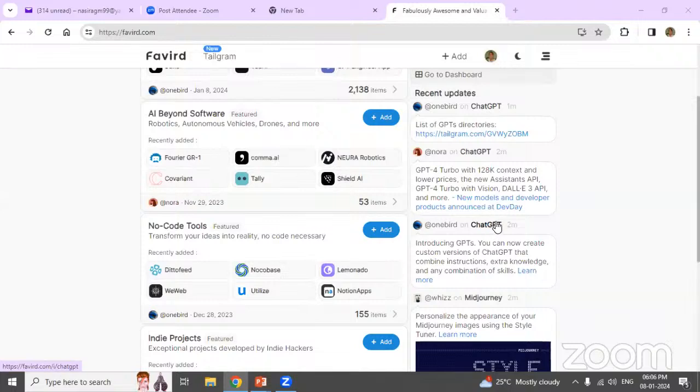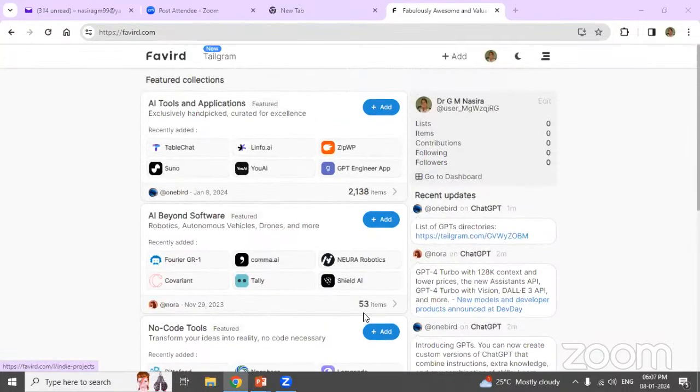How many of you have worked with ChatGPT? Must have, because it helps us in a lot of ways. Nobody has worked with ChatGPT yet?